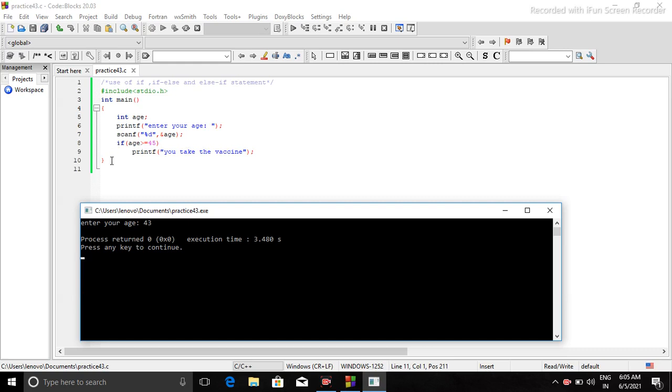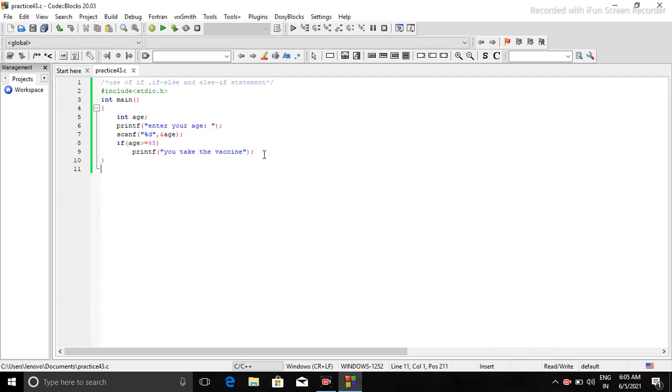And because I have nothing after this line, I am getting no output here. But what if I write here a printf? This will show you the execution of if more clearly.